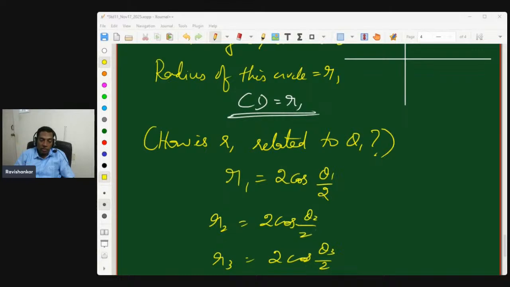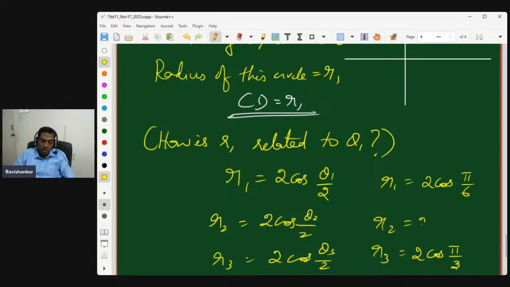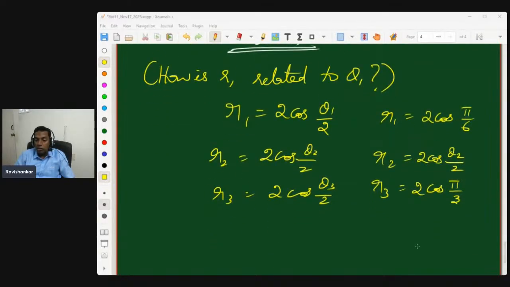Now what we are given is theta 1 is pi by 3. So R1 is 2 cos(pi by 6). Theta 3 is 2 pi by 3, so R3 is 2 cos(pi by 3). R2 is 2 cos(theta 2 by 2). We don't know R2. R2 squared is R1 squared minus R3 squared. So